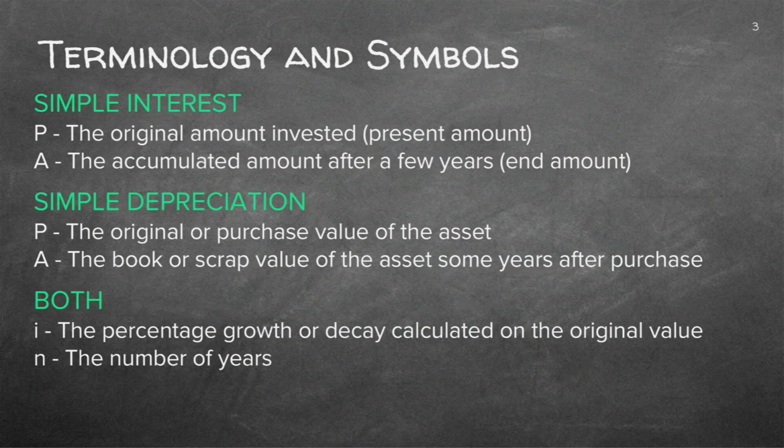Good. You've seen this slide a few times already. Remember, we just said P is always the beginning amount, A is always the end amount, and the same here, beginning amount, it's just the terminology that is different, and the end value. The I and the N is just the same for both. If it's interest or depreciation, doesn't matter, it's just exactly the same. And in fact, this should actually be compound, because remember, we're busy with compound. Compound, it stays exactly the same.